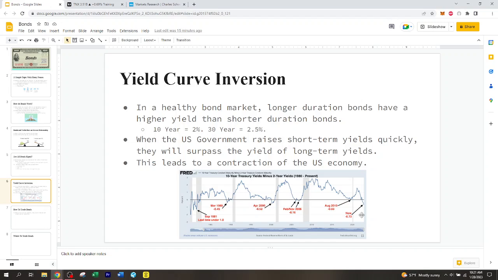It's much more likely that over the next 10 years, something great will happen. Markets will revert to their means, and everything will be fine. But right now, there's a lot of uncertainty, and that is why investors are demanding more for these closer duration bonds. So that's about it.